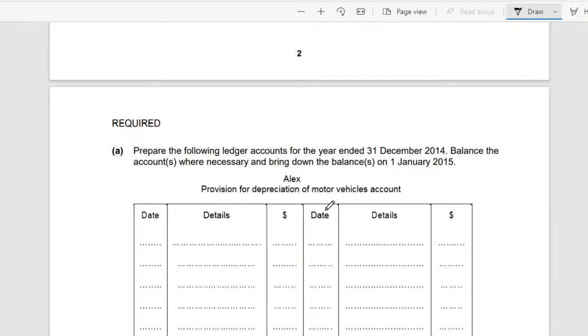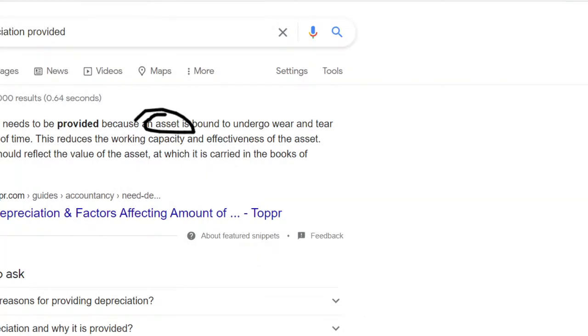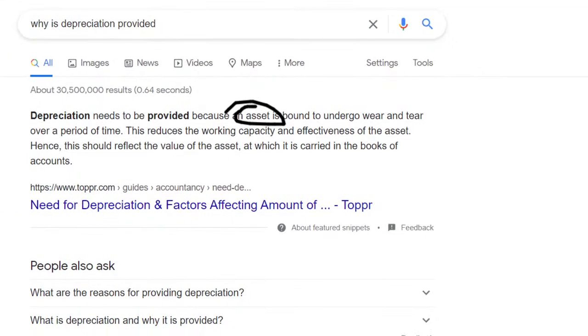Okay, so let's start. First of all, the provision for depreciation account. Let's see what the provision for depreciation account holds. Okay, and I believe this one should hold